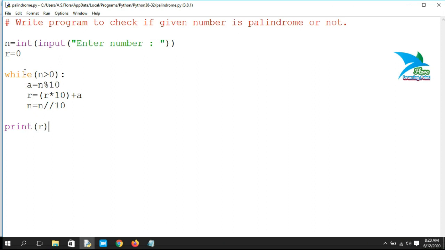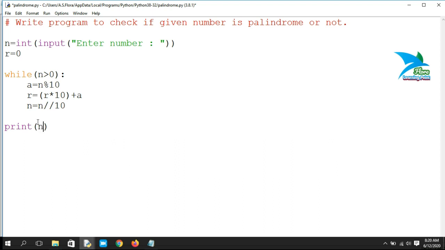Now the next step is that we have to check if the reverse and the actual number are equal or not. After the completion of the loop, we have to check if r equals the actual number n. But the value of n after the completion of the loop will be 0, because we are changing the value of n in each iteration.